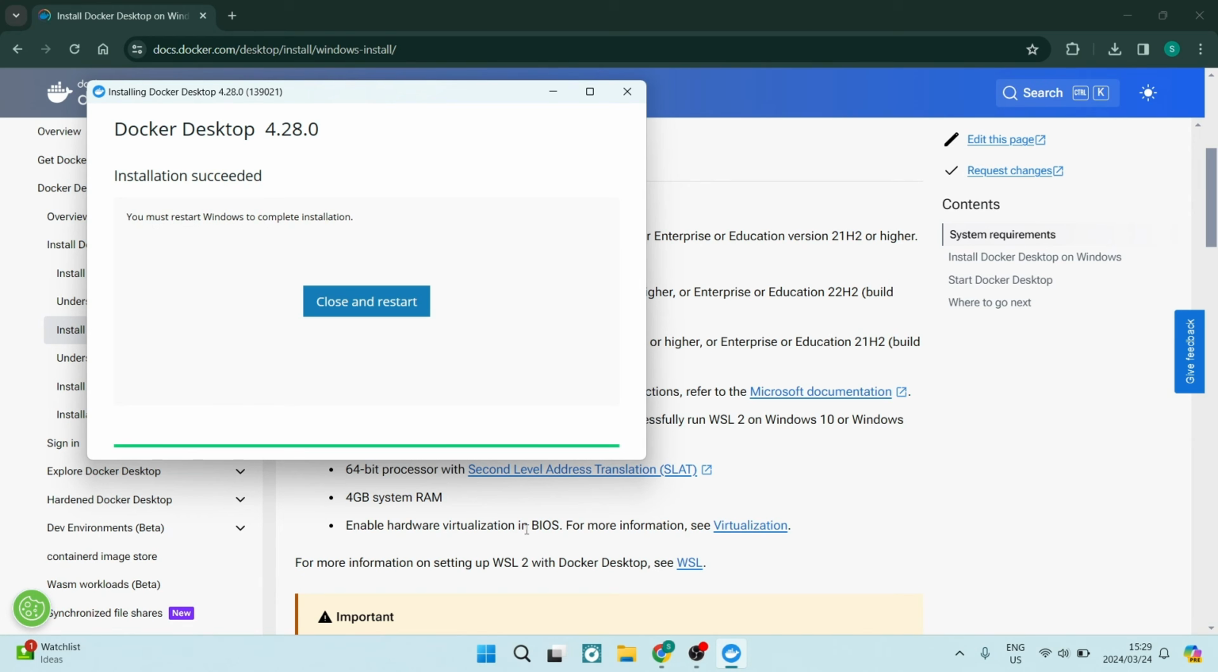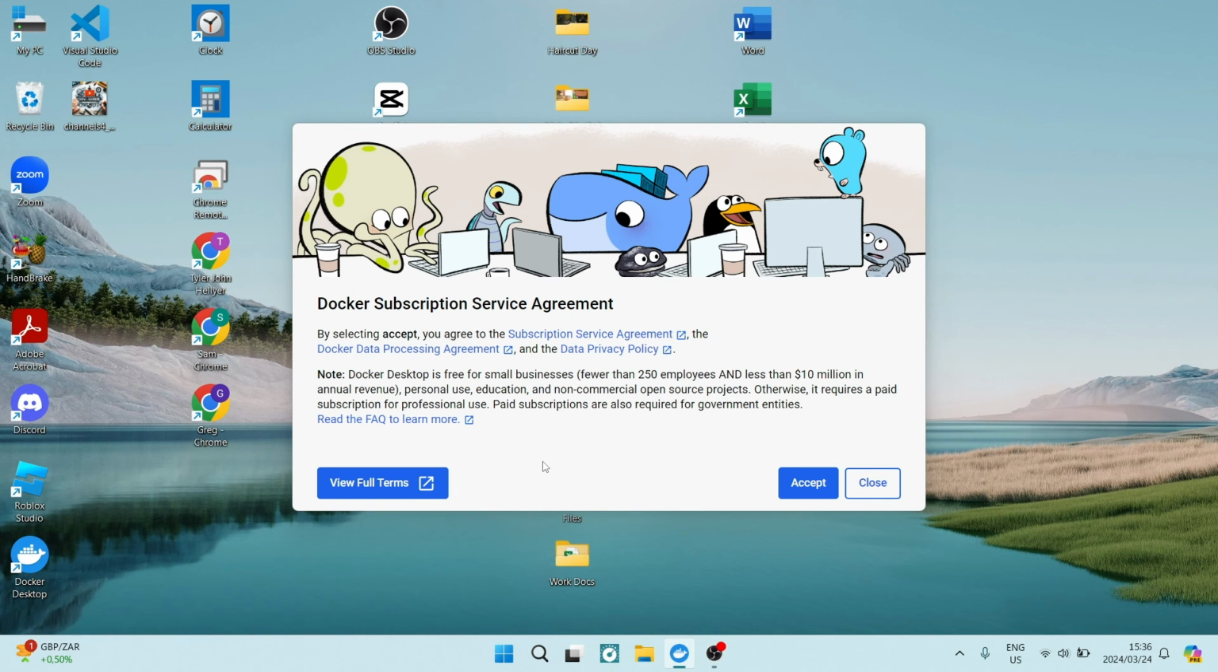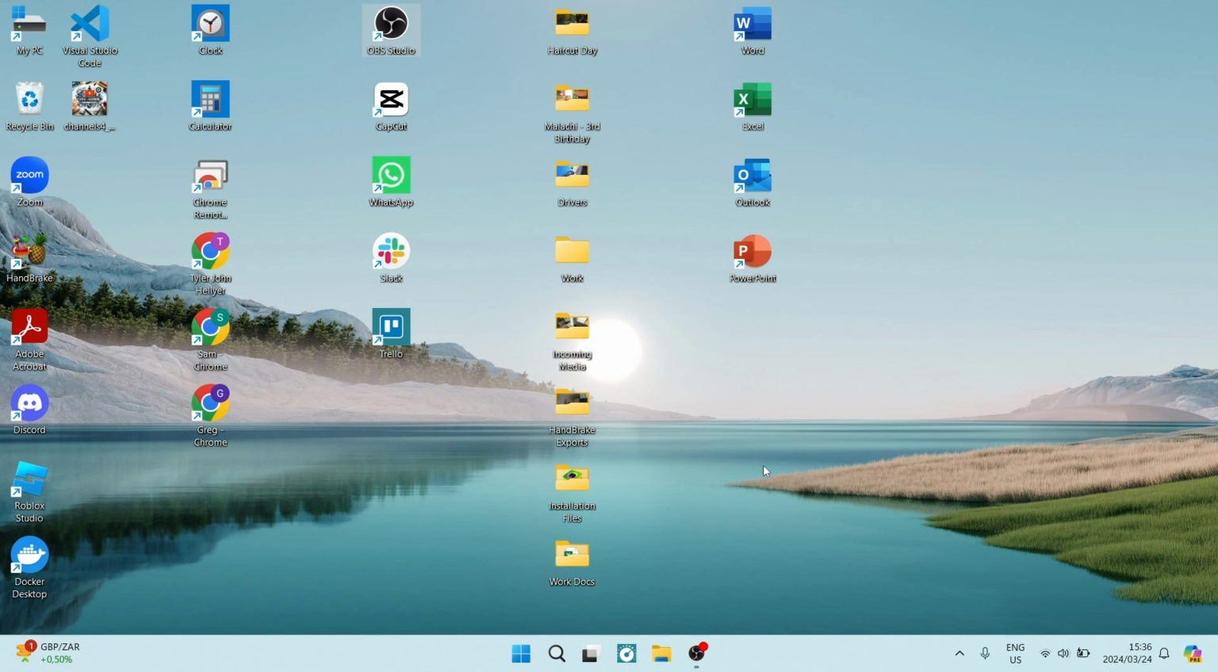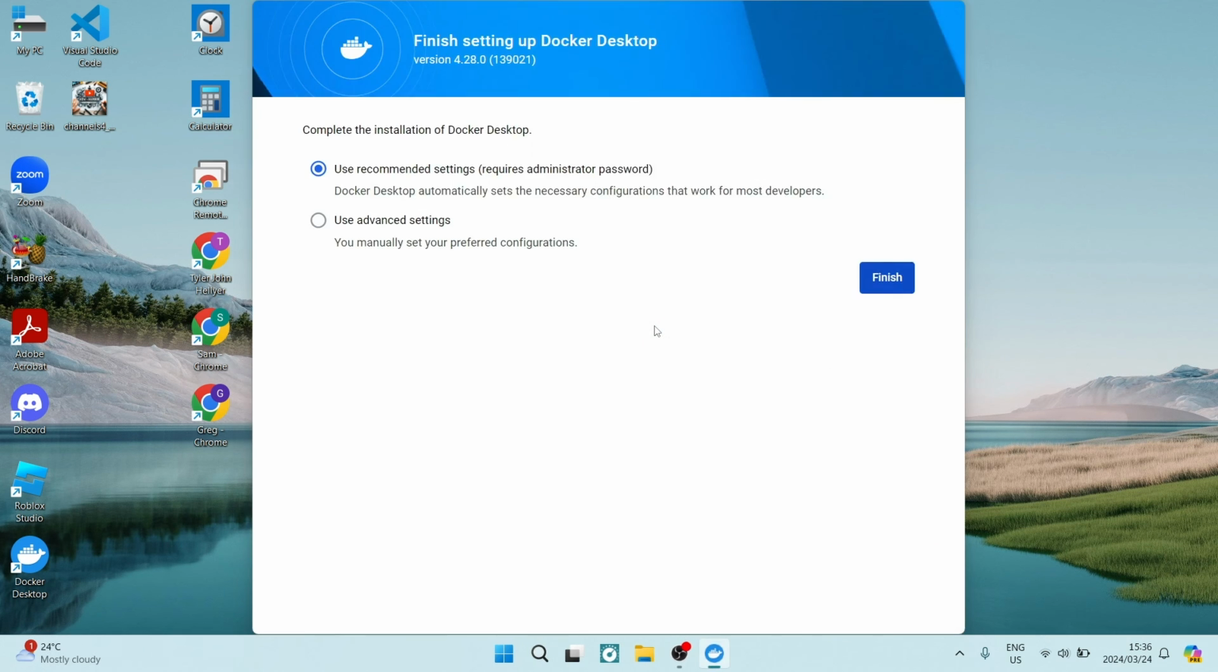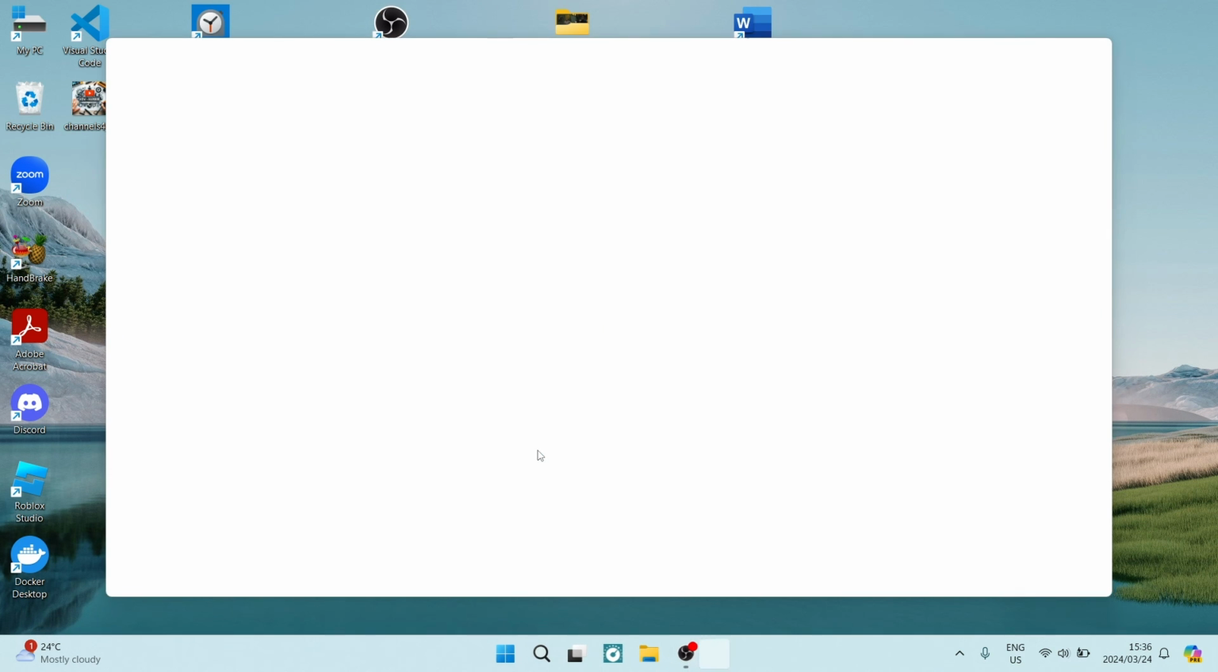So at this point, the Docker setup is complete, and you have now no choice but to close and restart. So you're going to tap on the blue close and restart, and you will find yourself now with this screen. Now all these happy animals are ready to go ahead and accept the terms and conditions, and you will see now that Docker will begin to open up. So you just need to complete the installation, and right now we're going to use the recommended settings. If you want to change any settings, you're more than welcome to,